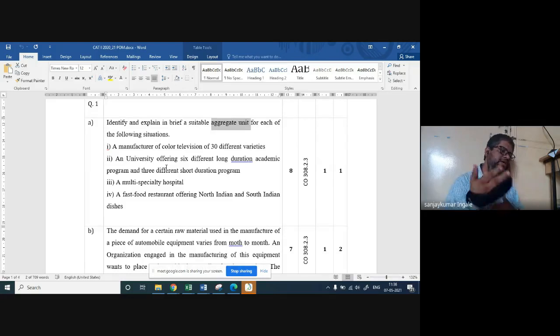Then how to achieve that aggregate unit? Maybe you need to follow different strategies. But first you have to decide the unit for which you are going to plan your strategy. So in this question, it just asked you to select an aggregate unit and explain it in brief. Why explanation in brief? Because,